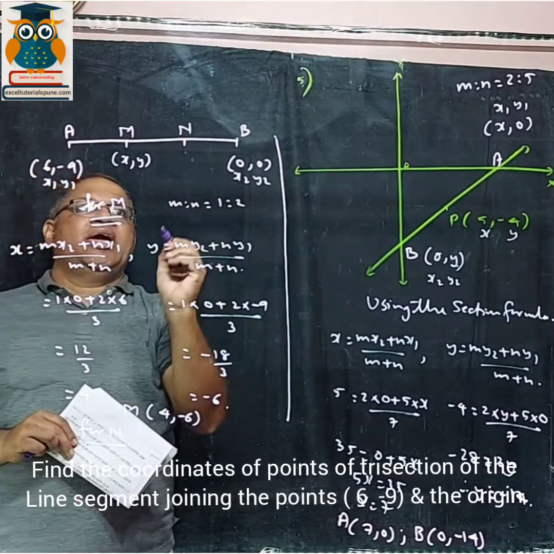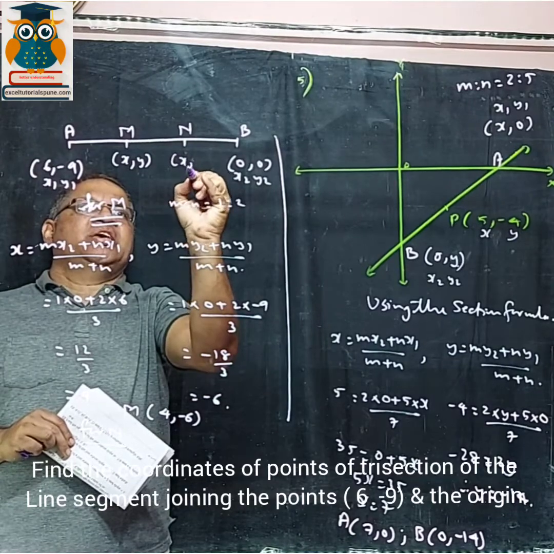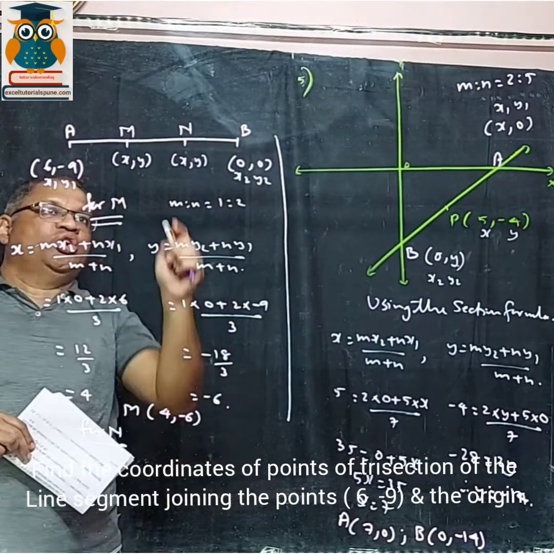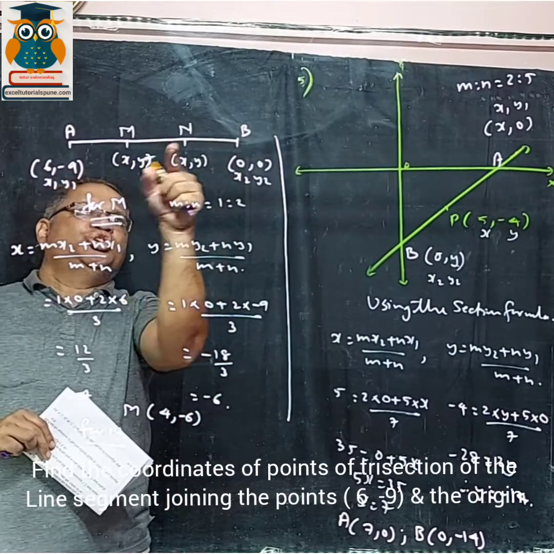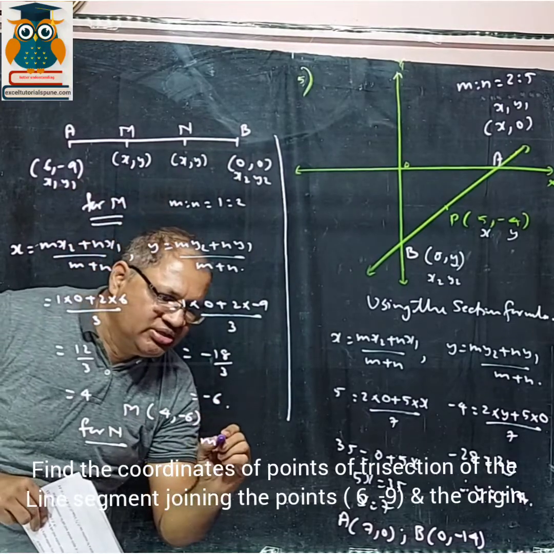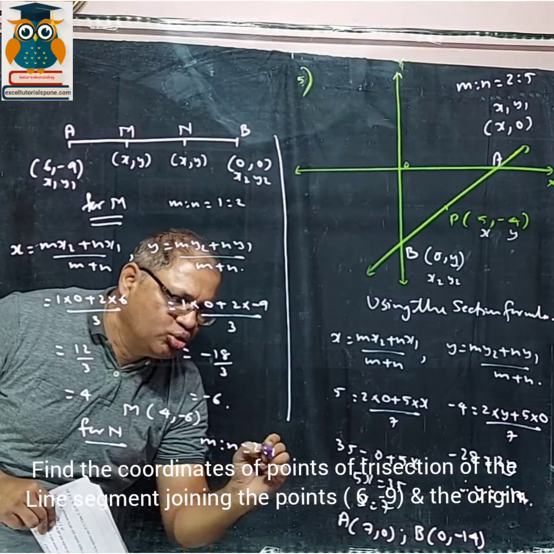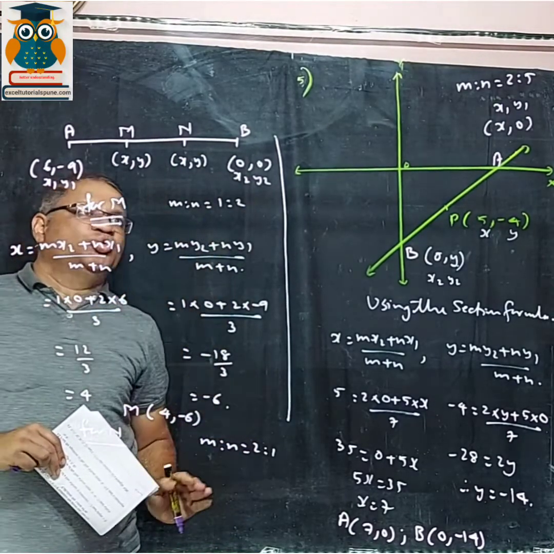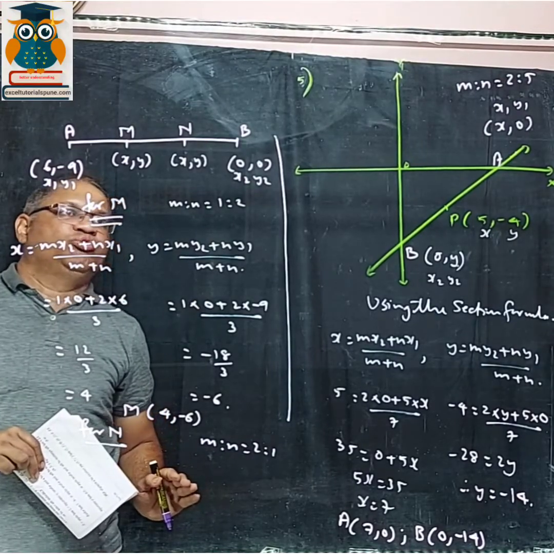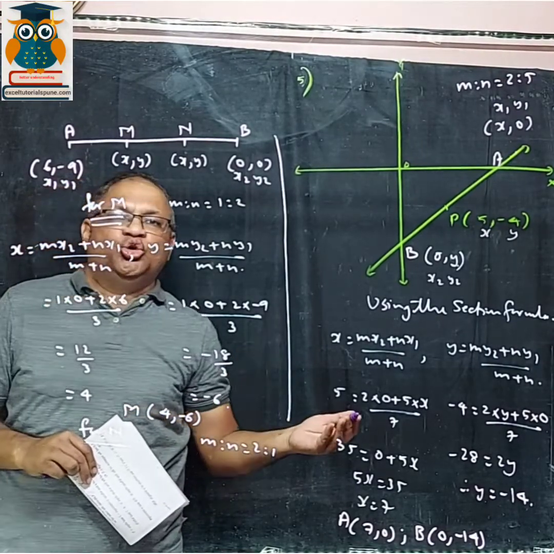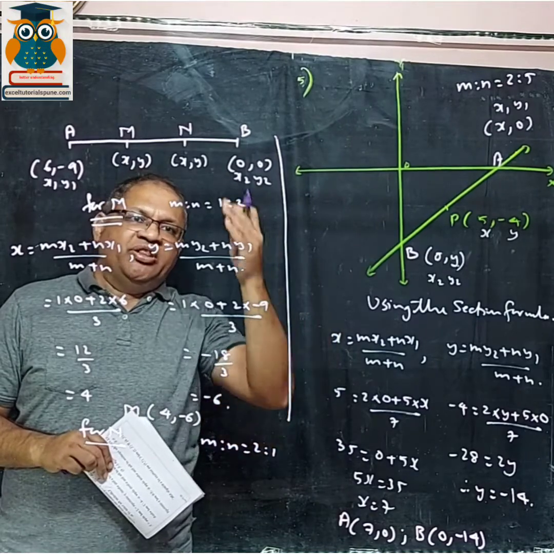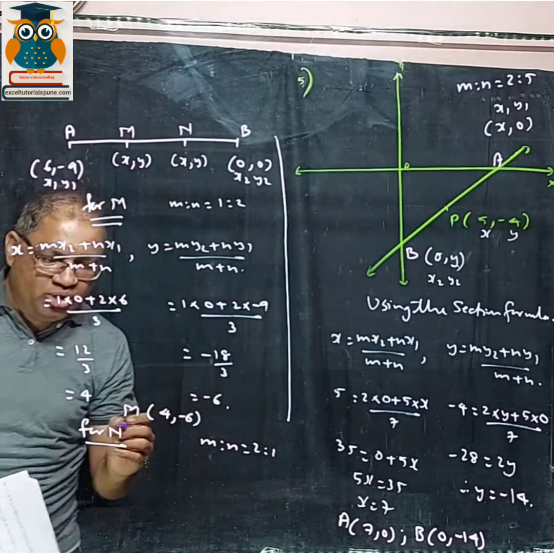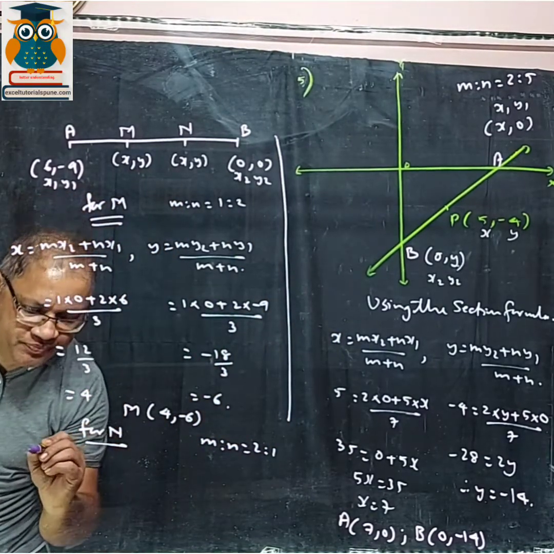Now likewise for n. Now if you are taking n, you take this as x and y, and that time the ratio n divides AB in the ratio 2:1. So in this case m is to n will be 2:1. x1 y1 is going to be the same, x2 y2 also will be the same. Only the ratio is going to vary, but everything else is the same. So again use the section formula.